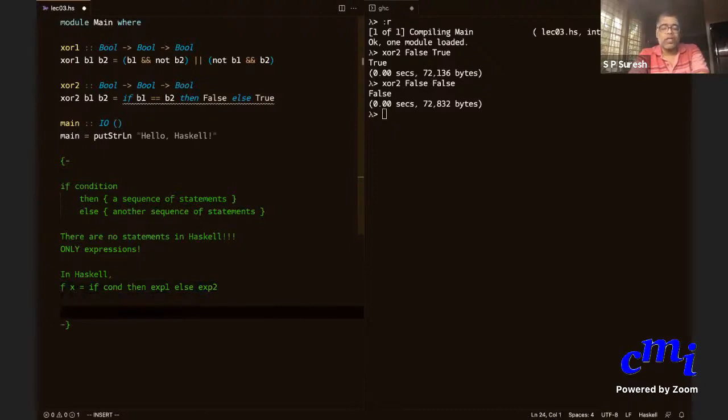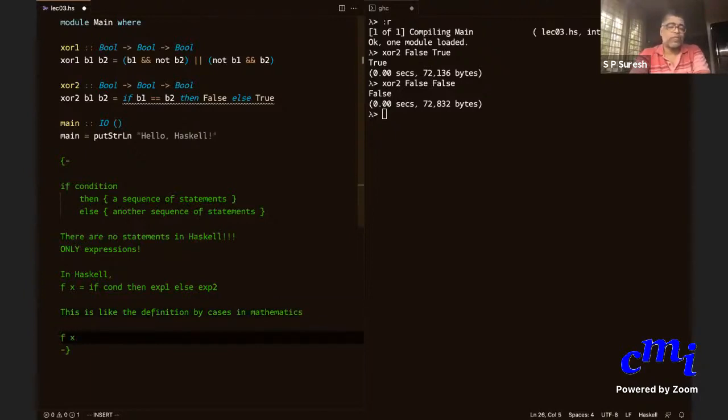This is like, as somebody observed, the definition by cases in mathematics. You will say f of x equals, and you will write a large left brace. I don't know how you will write that here.